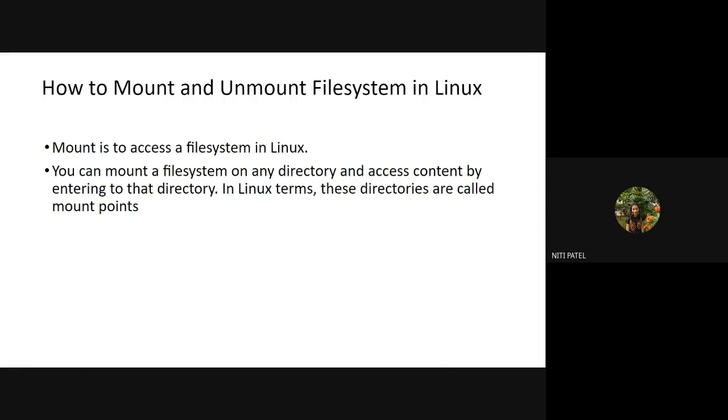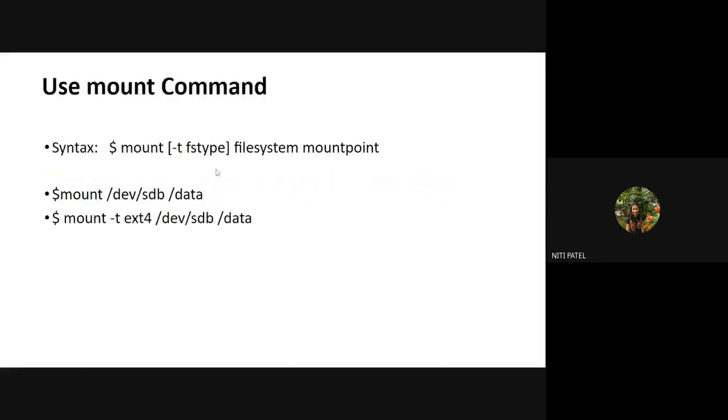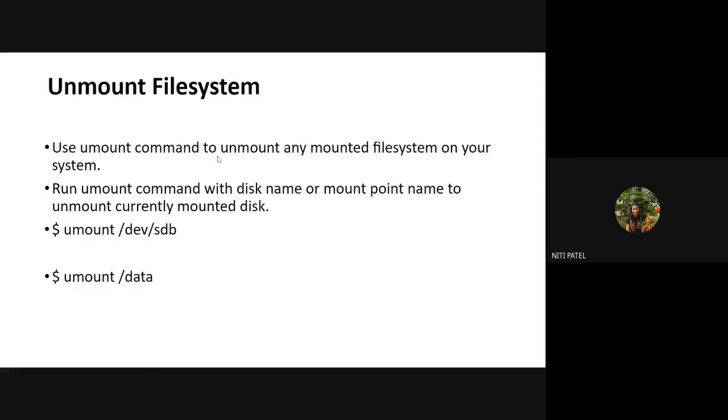folders. So the command used for mount is $mount, and you directly give the mount point. Mount point is nothing but the path or the drives or the directories where you want to access the folder. Then if you want to unmount, we make use of the command called umount. Either you give a direct path, or you give only the directory name or only the file name, and it will remove the access from that particular file system to the user.